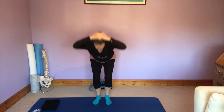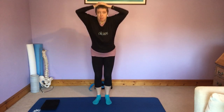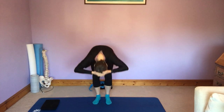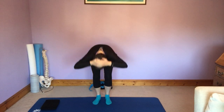So we're getting all the spine starting to move, getting a little bit of balance work going. So it's a general good warm-up exercise, getting everything working. Up we come, hands on head, down with the heels. Last one coming up. Reach, lift, hands on head, circle and go down, coming back into the middle, big stretch